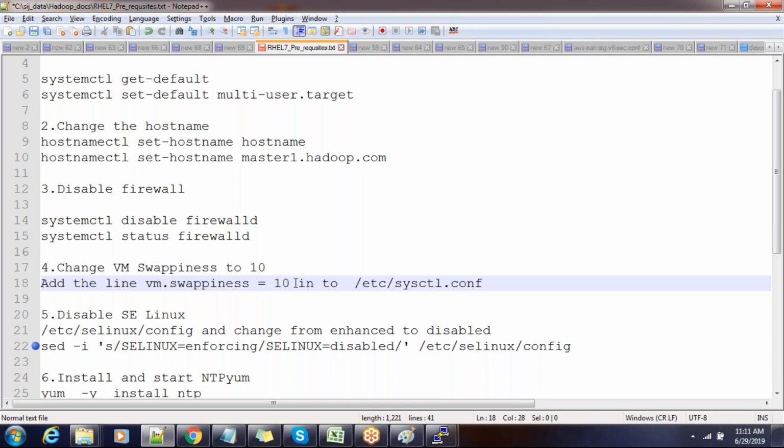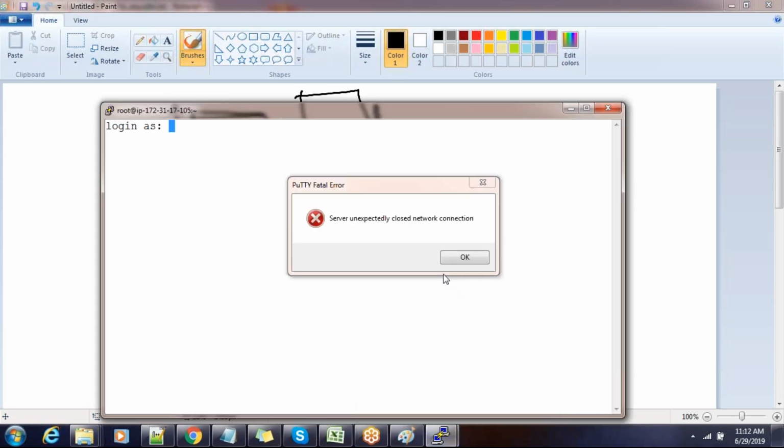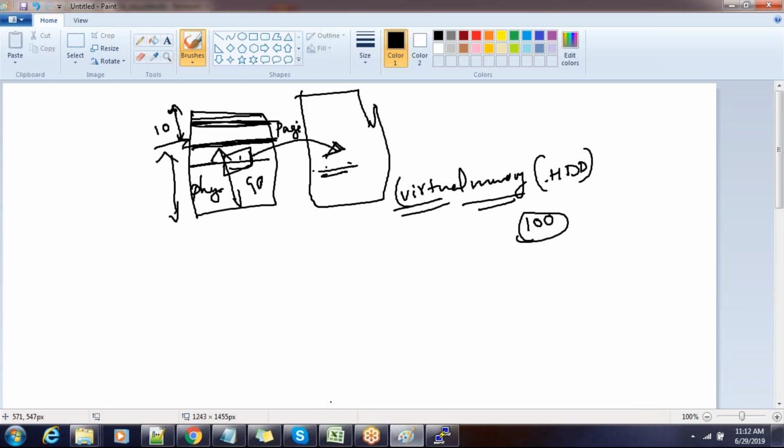The actual operating system default is, I think, 40 or so, which means when memory usage reaches 60% it starts using virtual memory. With 10, it can use physical memory up to 90% and only then start using virtual memory.